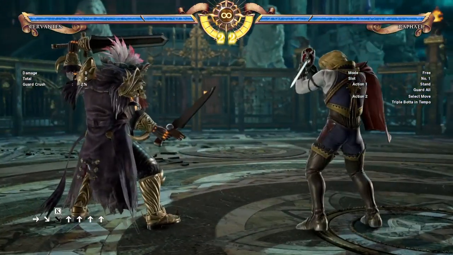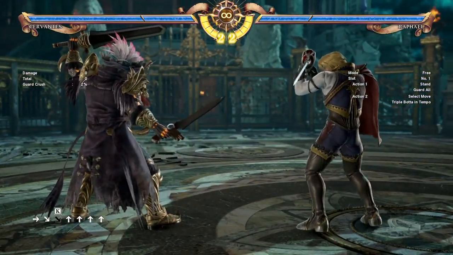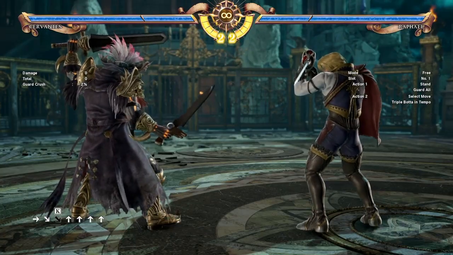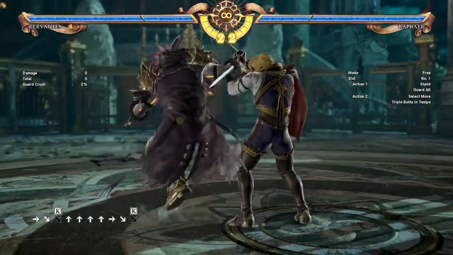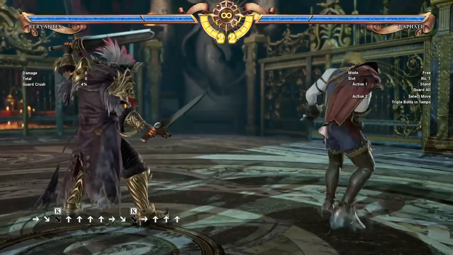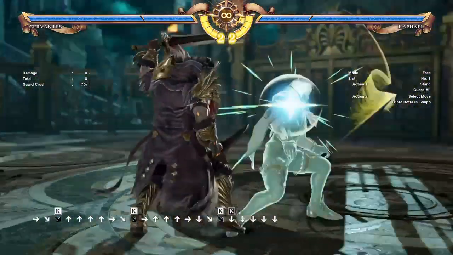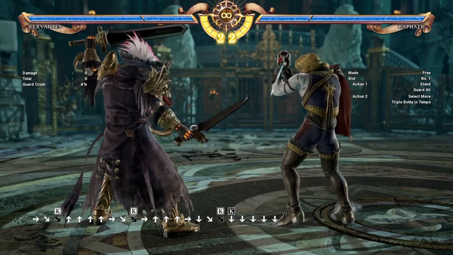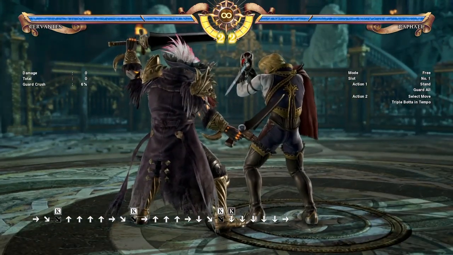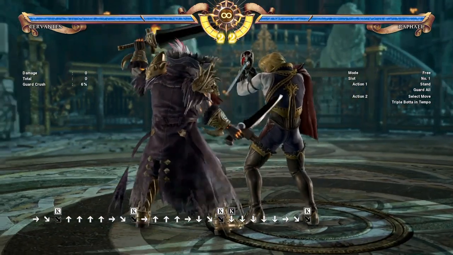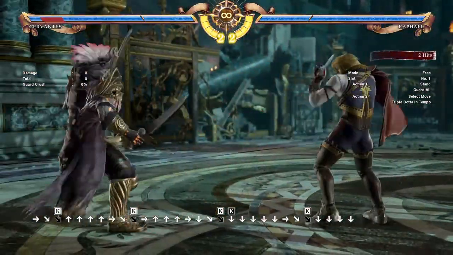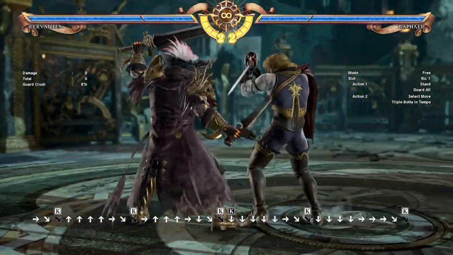Another thing to know is, for certain characters, you always gotta sidestep a certain way. You're not gonna always be able to sidestep the same way. You see how it caught me trying to sidestep down the last time? It's all dependent on the position. But if I'm close up, I believe that I need to sidestep up instead of down. See? Now if I get all the way close to him again,